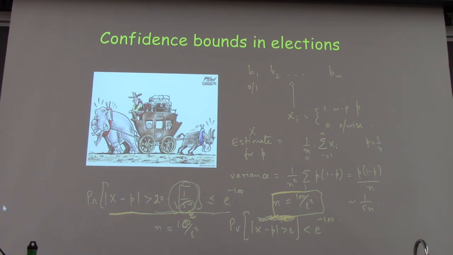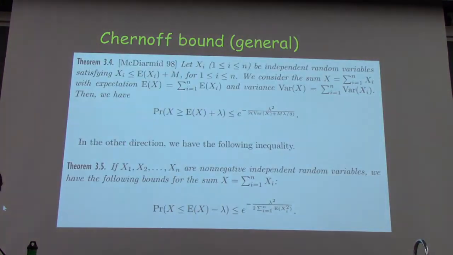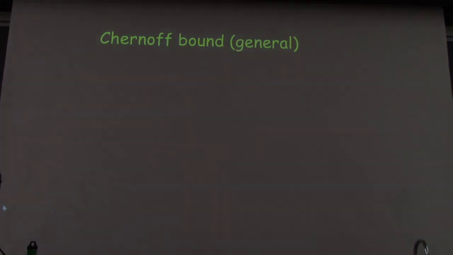All right. Yeah, so here you can play with these kind of bounds. You can say, what if I don't want such a good accuracy, or such a good failure probability, can I get away with fewer samples? Turns out you can, and so on. Okay, so this is all straightforward. So let's move on. Let me skip this. We'll come back to this in a second.